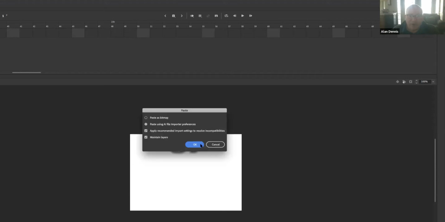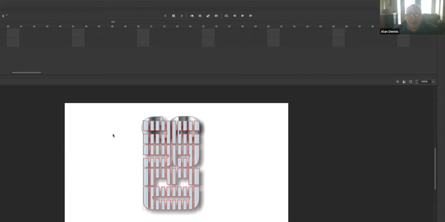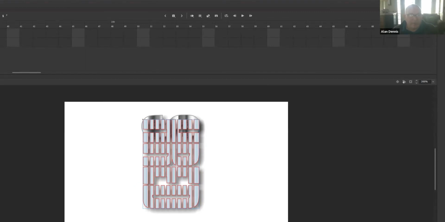Now I'm going to paste from the clipboard the rest of that word, same thing. And you'll see I've got HRED because that's the rest of the word. Note that it's on top of the S there because it's on a layer that's above it. See right here, and I'm going to go ahead and change that layer to just